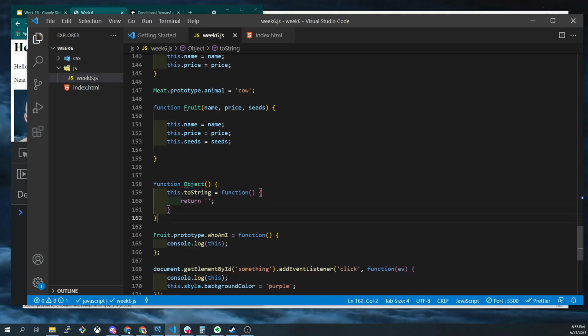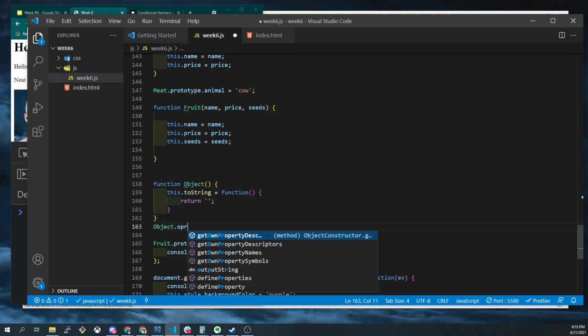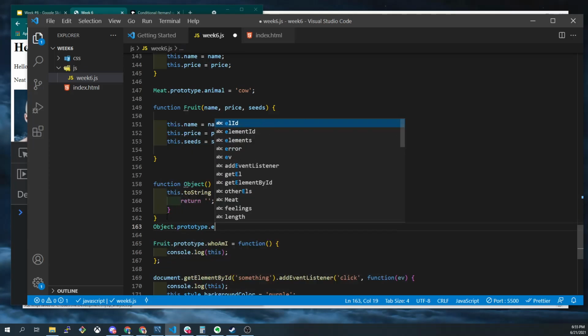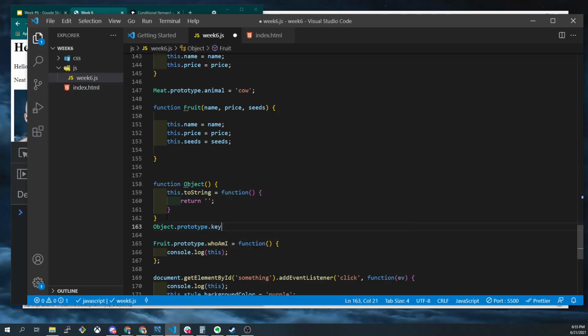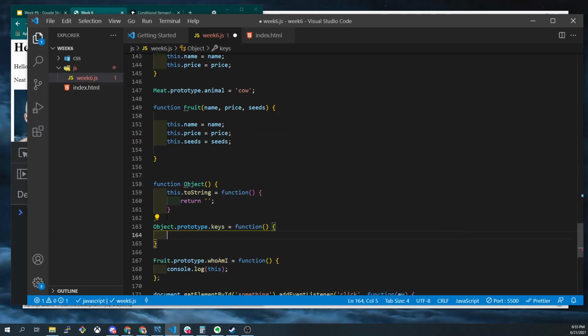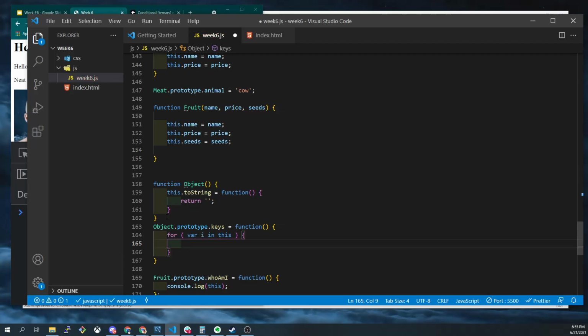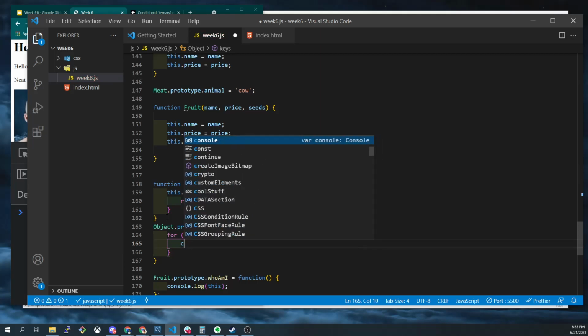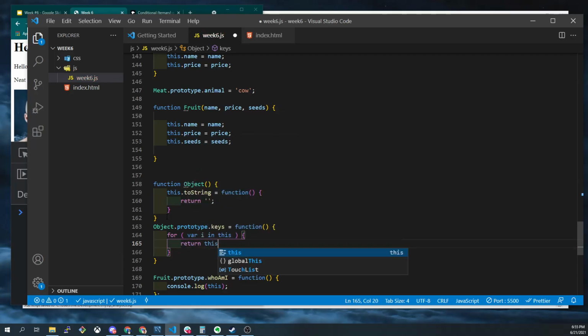And so then it's got Object.prototype.keys equals function, and so it'll say like for var i in this, return i, right? So all of this has been built up,